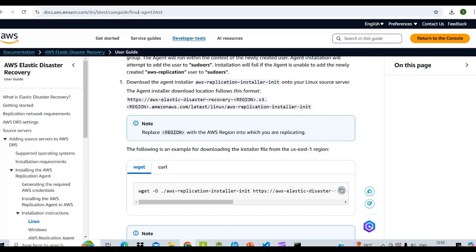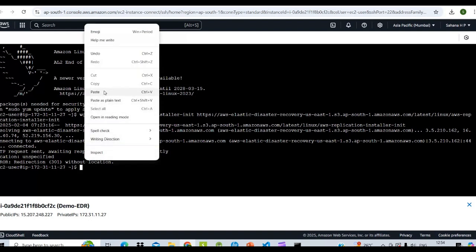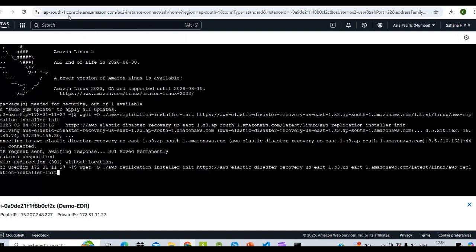Again copy this one, go to the instance and paste.